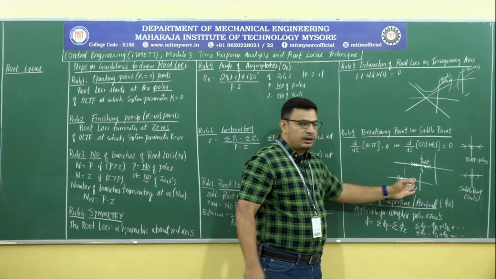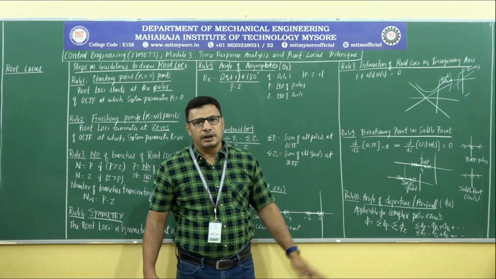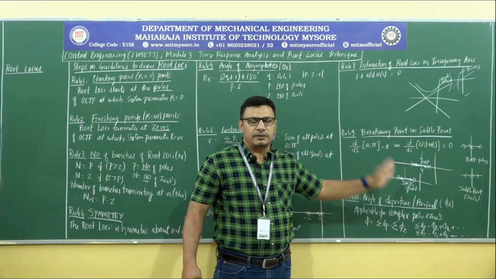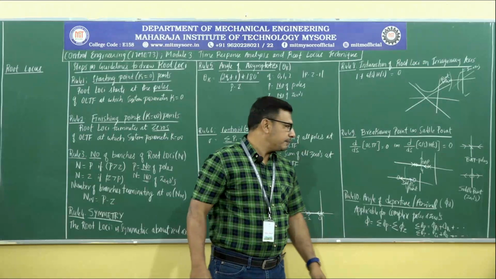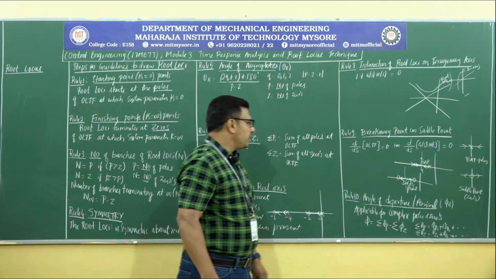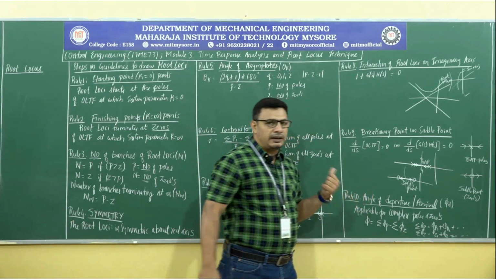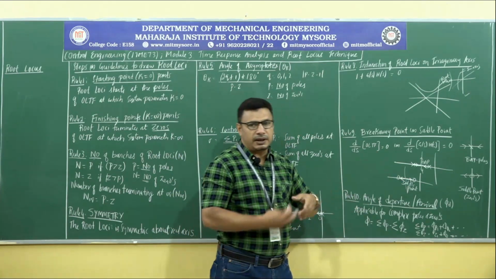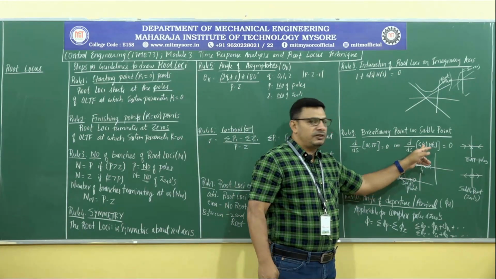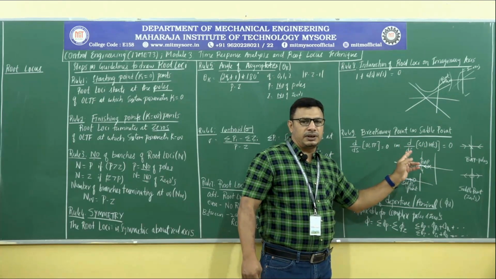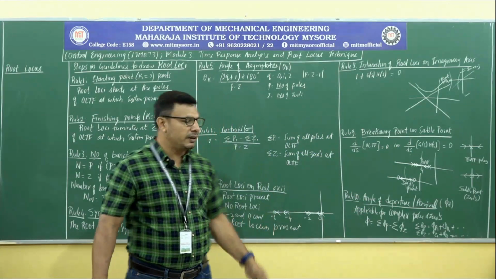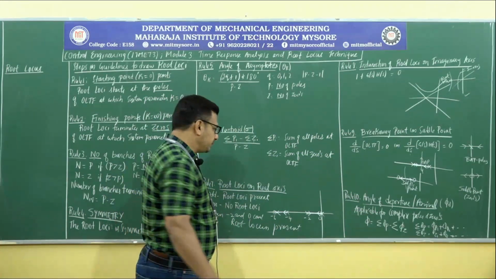So, in order to draw the root locus plot, it is very important to know where the breakaway point or the saddle point will exist for a given open loop transfer function. That is given by rule number 9, that is, the breakaway point or saddle point. And how we calculate where they exactly break away or where the saddle point exists is by differentiating G(S)H(S) with respect to S. So, d by dS of G(S)H(S), we will be able to get the breakaway point or the saddle point.